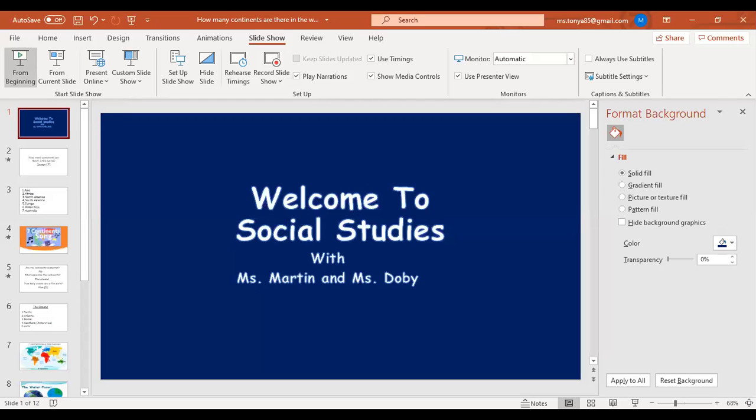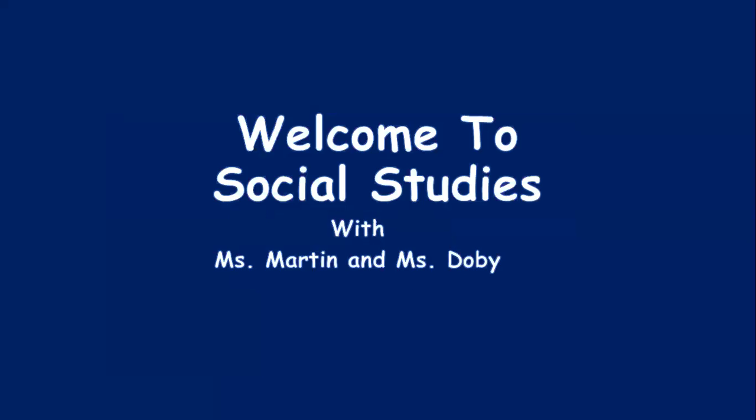Okay? So we're going to share our screen with you and look at a slideshow. You should be seeing our screen that says, welcome to Social Studies with Miss Martin and